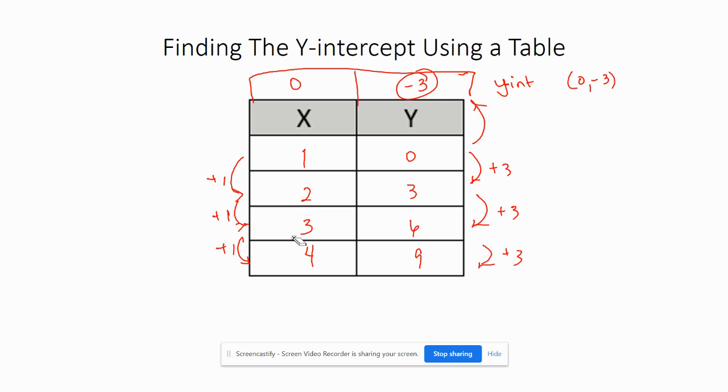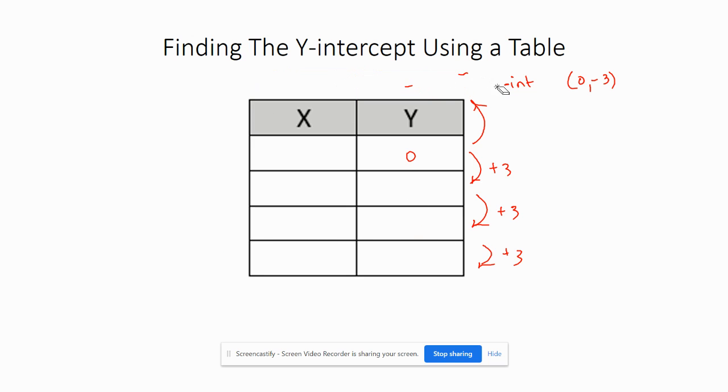Okay, let's do another one. Let's say I have, this time I'm counting down. Let me hurry up and erase this. Let's say I'm counting down this time. Let's say